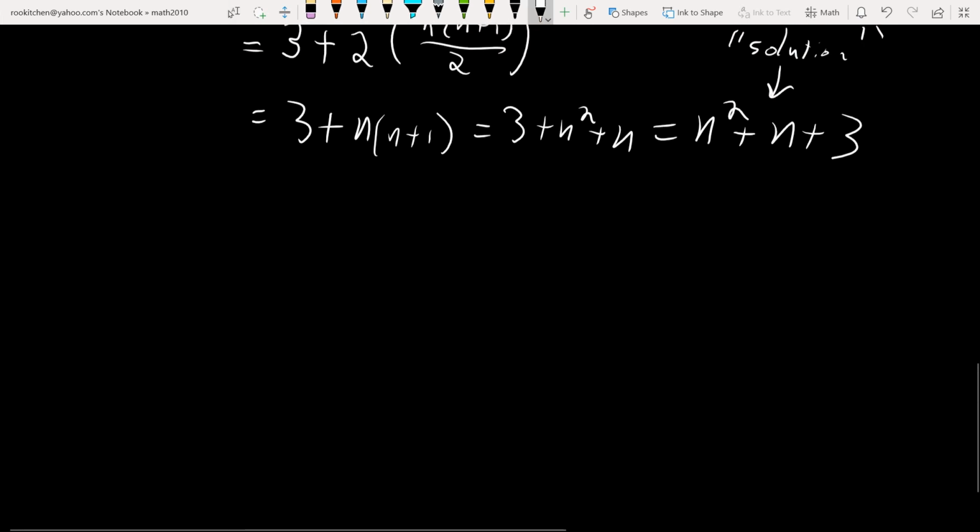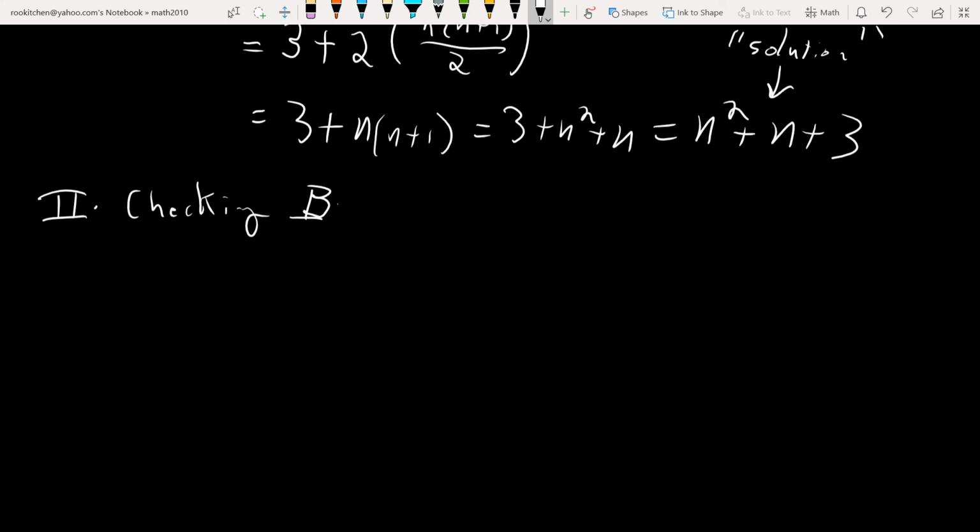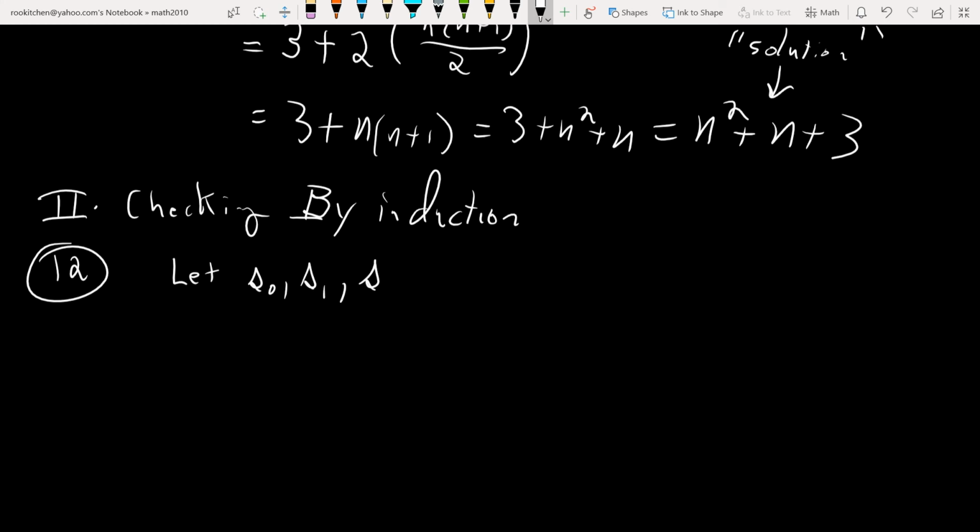Okay, of course. So, checking solutions with induction. We'll just say checking by induction. Let's go ahead and play around with the formula we just found. The way it's going to work is you'll have a definition for the sequence given recursively. That's given information that you can use in your proof. So let S sub 0, S sub 1, S sub 2, and we've already done these proofs in a previous section, but let's go through it again. Let that be a sequence